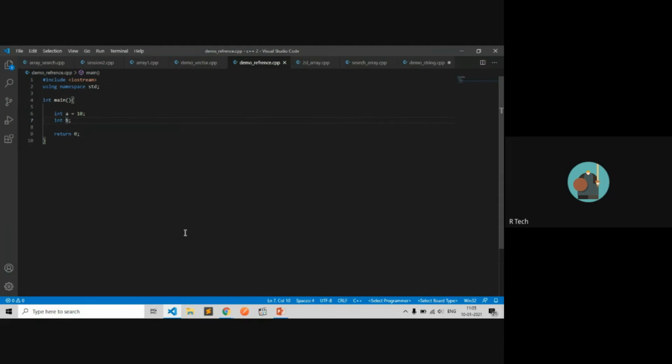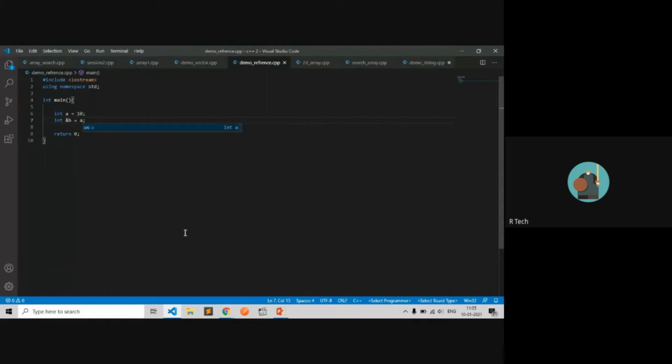Like if you are doing some iterations, looping and conditions, the variable a is changing in each iteration, and you don't want to repeat the same iteration for b, then you can assign b as a reference for a, and b is equal to a.